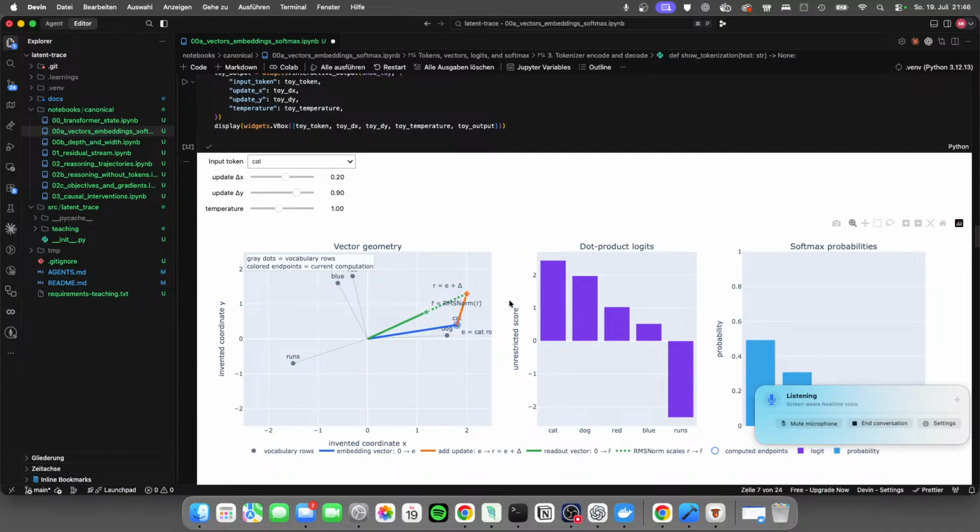Is this somehow to visualize how training, or going through different layers, affects what